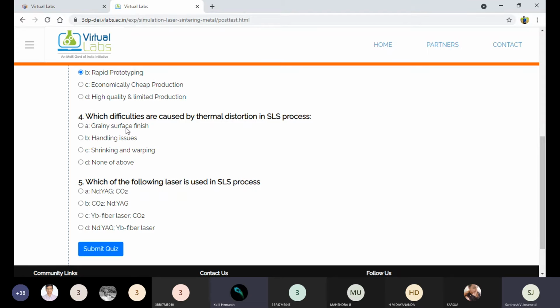Grainy surface finish. Okay. Any other answers from you? Do all of you agree with this answer? Sir, C, sir. Exactly, C. Okay, my guess also. Let's see what happens. Shrinking and warping are caused by the